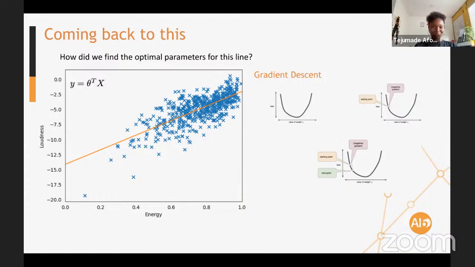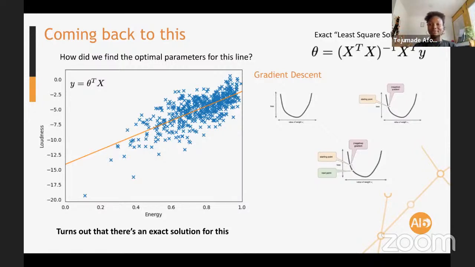But this is fancy gradient descent for linear regression. This is a general optimization procedure, but linear regression is even more simple than that. It does not stress out too much. You don't need to do gradient descent. It's nice to know, but you don't need it in linear regression because there's an exact solution for this. You can just write it out mathematically.